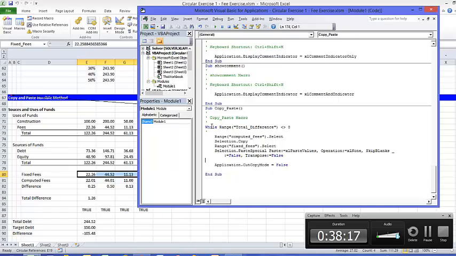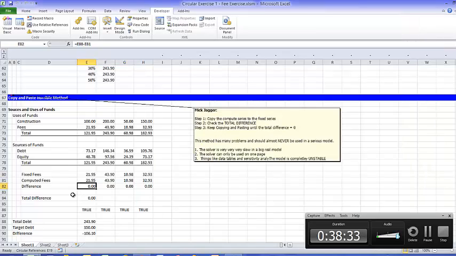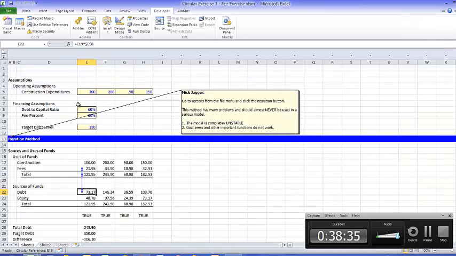You can do all of that, but you can make these macros really fancy and think you're really good, and what you've really done is mess up your model. If you see, it's just going around and around, and then it does that. Then, if we put our fee up to 50%,